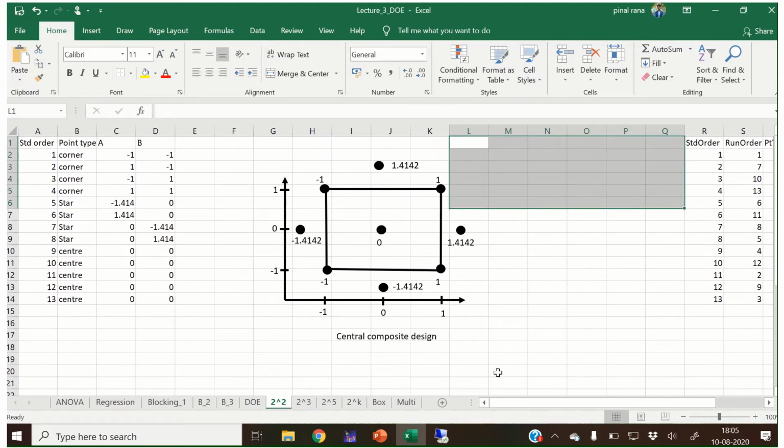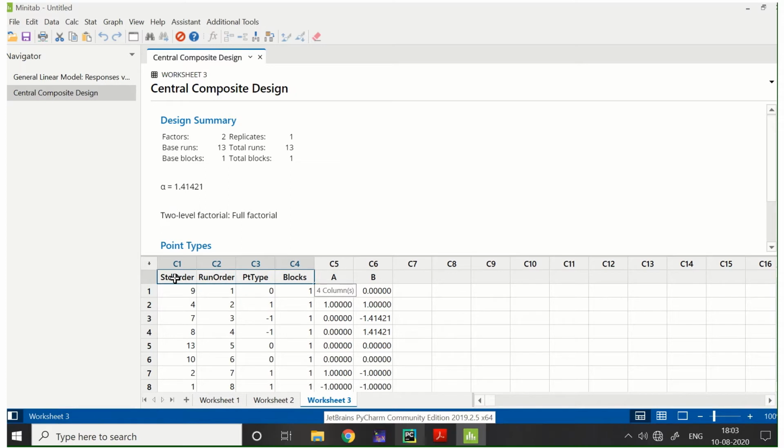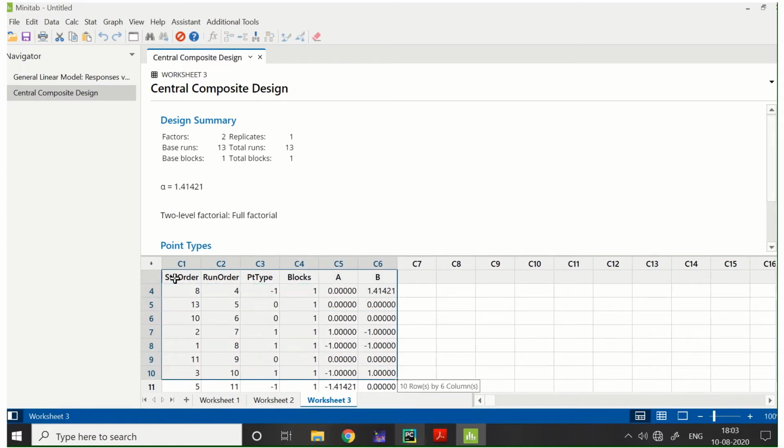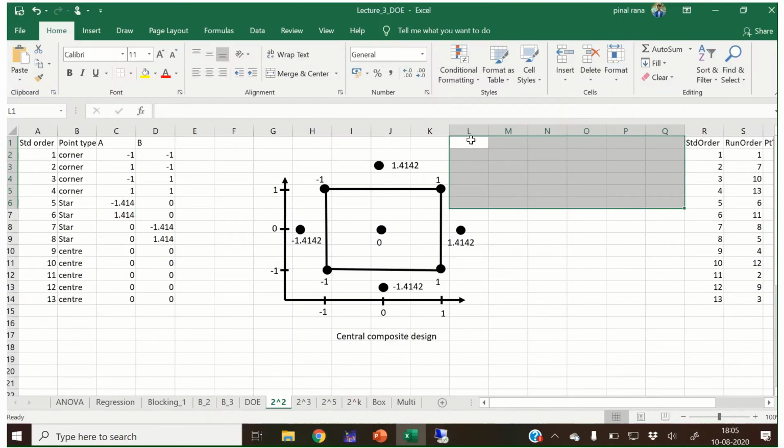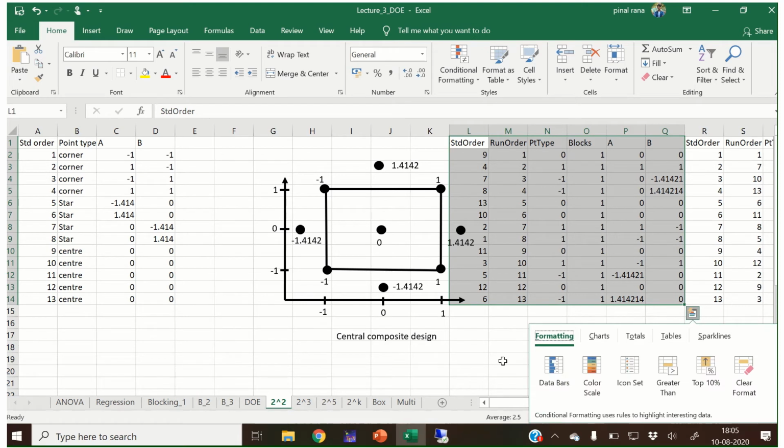Okay, I think I copied something wrong. See, I copied the design that was obtained using Minitab.